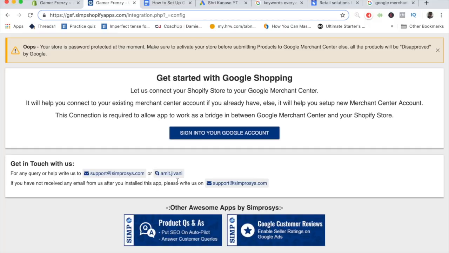So let's say you're having some kinds of trouble setting up this feed app, or you're dealing with some kinds of problems and you're really not sure as to how to solve it. These are your go-to people. Basically, you can add the person on Skype or just send them an email, and they're really good with customer service. They'll get back to you pretty soon. So it is just, again, to tell you guys that in case you have any problems, don't be afraid to